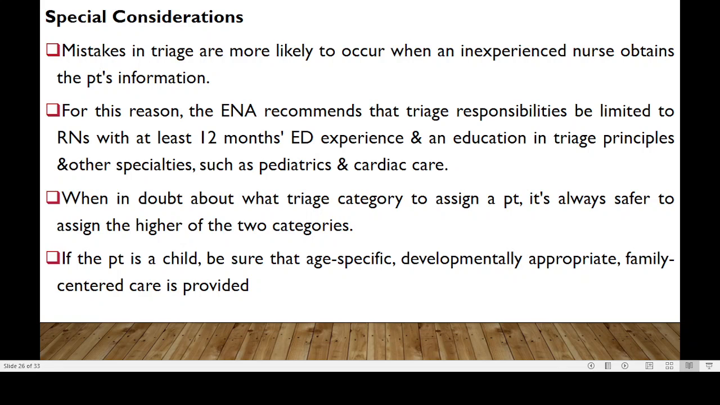And for this reason, the Emergency Nurses Association recommends that triage responsibility be limited to registered nurses with at least 12 months of emergency department experience and an education in triage principles and other specialties such as pediatrics and cardiac care. When in doubt about the triage category to assign to a patient, it's always safer to assign the higher of the two categories. If a patient is a child, you need to be sure that age-specific, developmentally appropriate, family-centered care